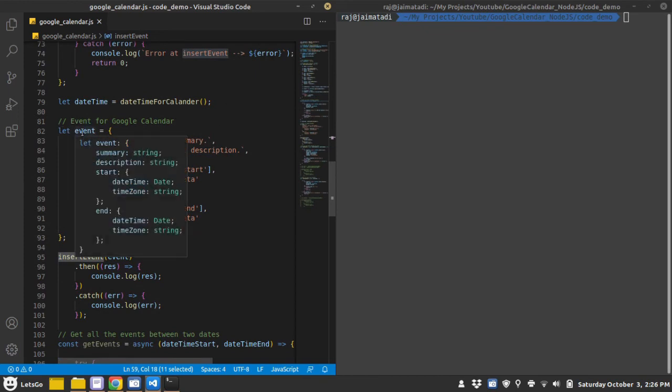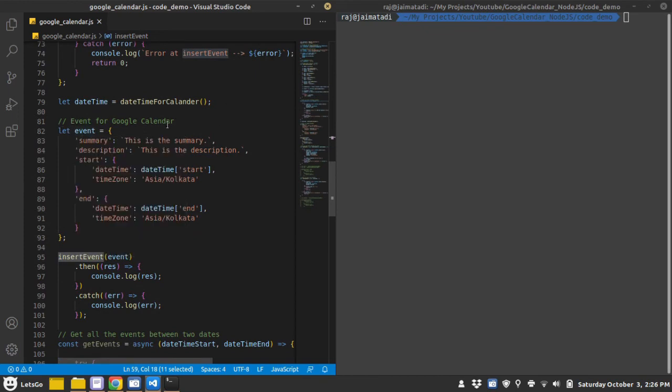This event object, which is required by the Google Calendar API to create a new event, has some parameters: a summary, which is required, a description, which is optional, you can put it or you can drop it, start time and end time.